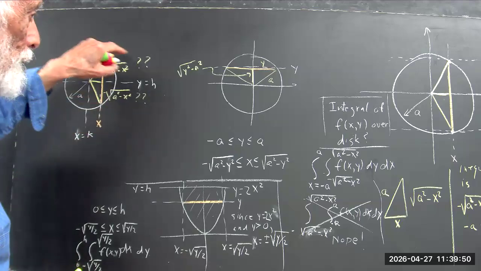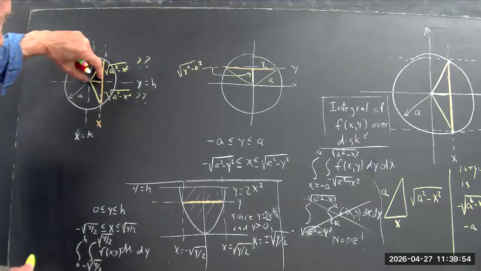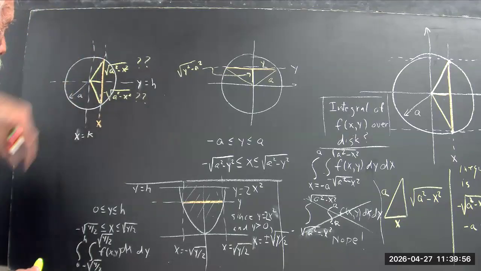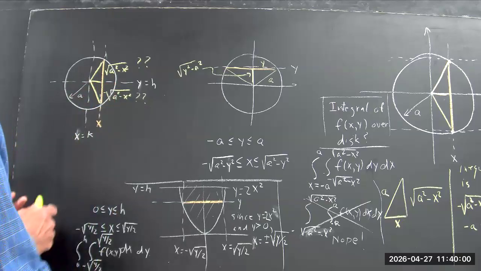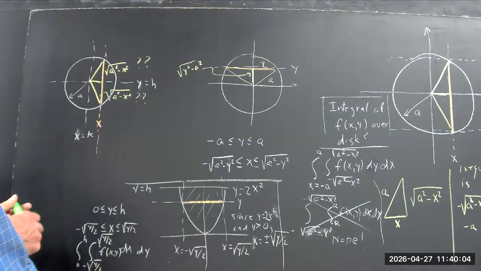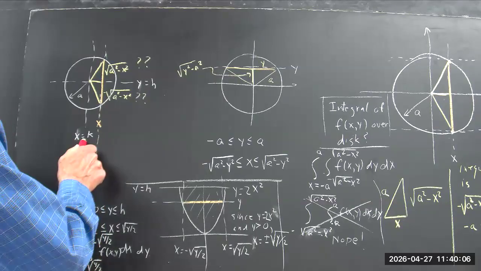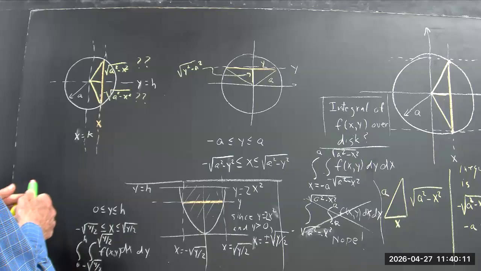So if you wrote this down by rote, you didn't think through exactly the question of what is this leg. Okay, this leg has length equal to,